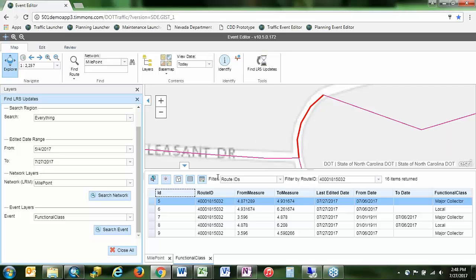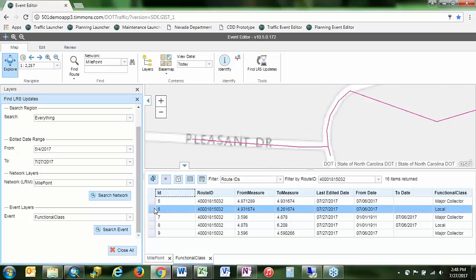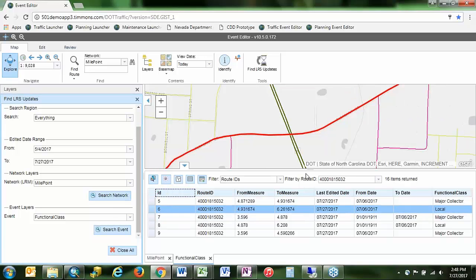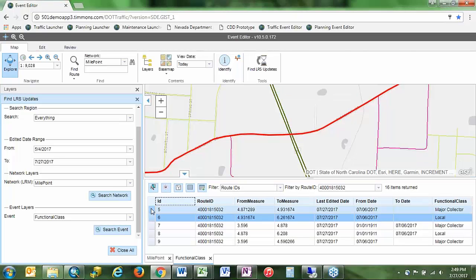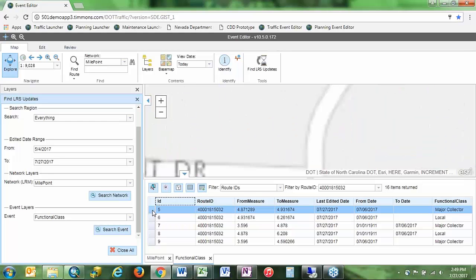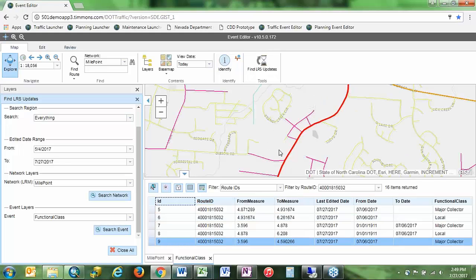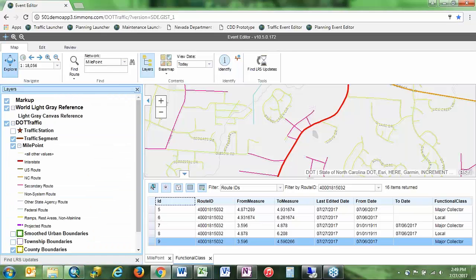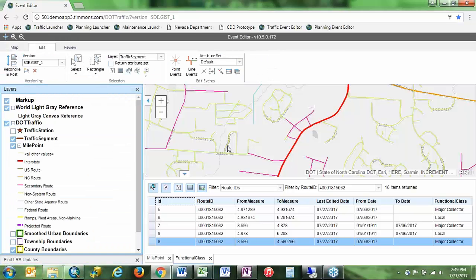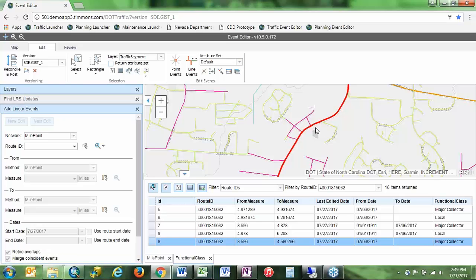So I think what that question is referring to is when there are records displayed here, can you use these as kind of a jumping off point to edit? And the answer is no. When you click this, it turns the feature red and it zooms to it. But this is more of just an indication of a change. It's not really the same as the workflow where you come in and actually edit a feature. What this would do is guide you to a location where you could then go back into your edit events widgets and make whatever event edits you need to based on whatever changes you found.